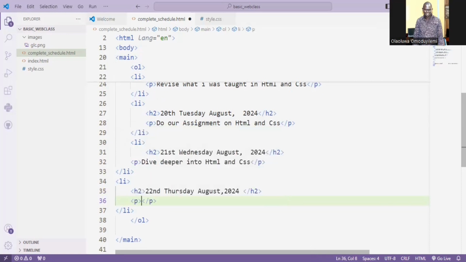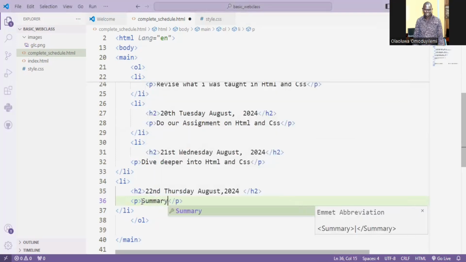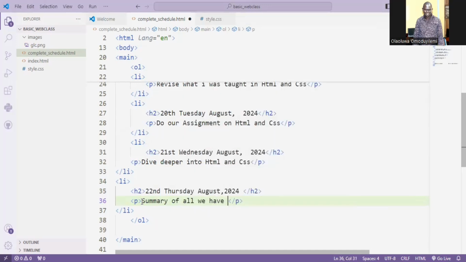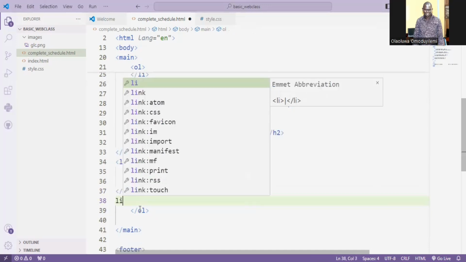Okay, what we have here is the P paragraph. Just press enter. Okay, what do we bring in here? Summary of what we've done. That's fine. Summary of all we have done. Beautiful. Okay, finally, LI, press enter,